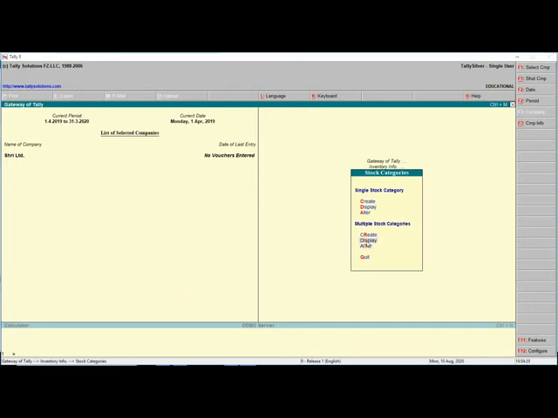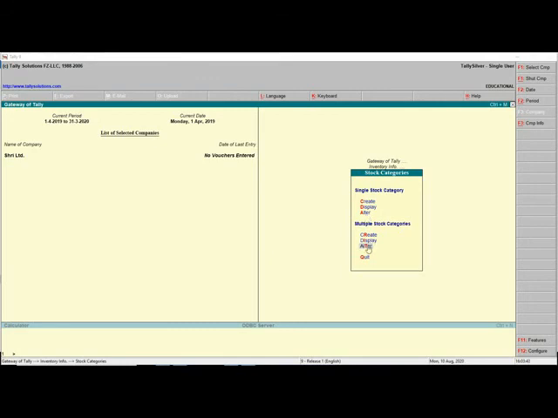To make alterations: while creating stock categories, by mistake, if some incorrect information is added, it can be modified by using the alter option. To make modification, select alter. It is also possible to modify the details for multiple stock categories at a time.